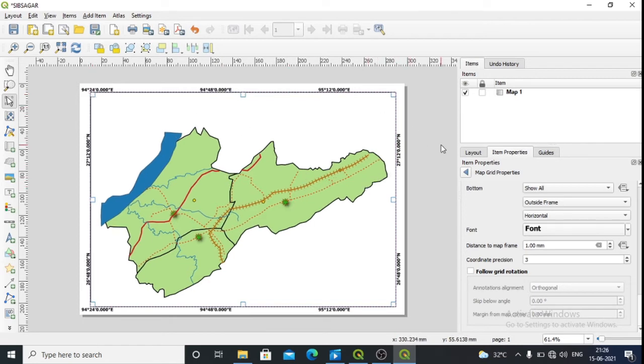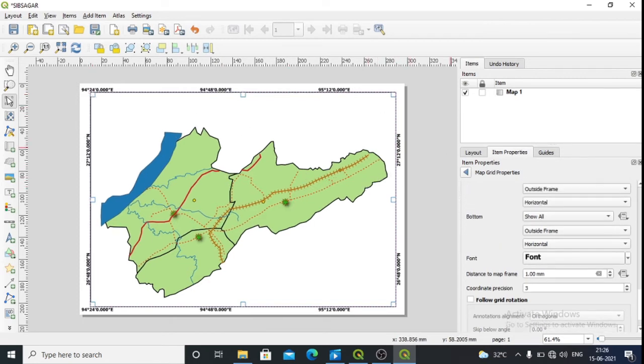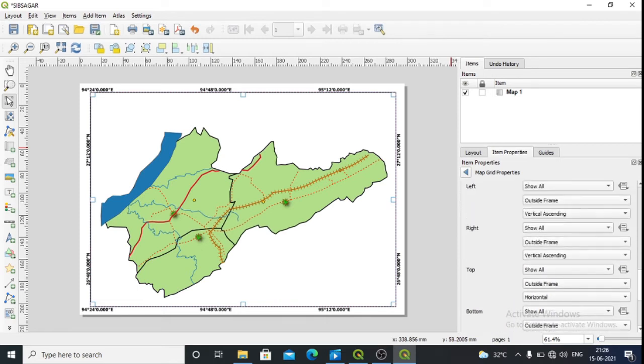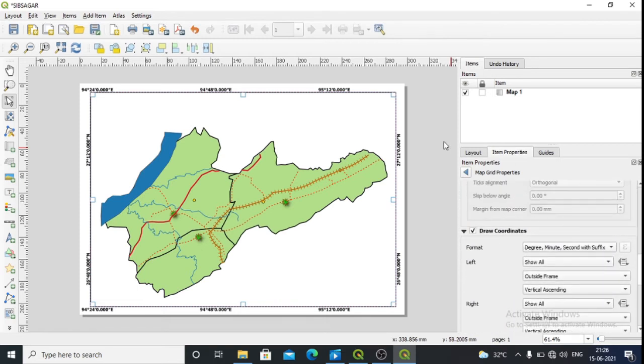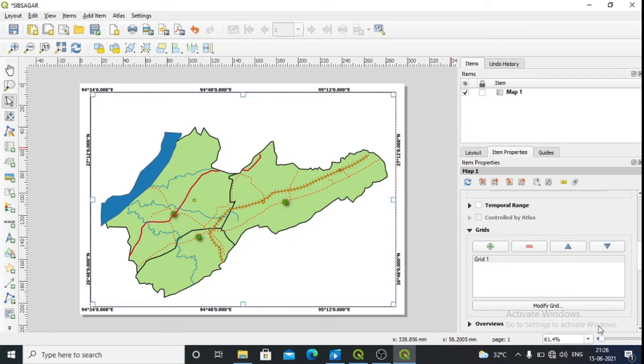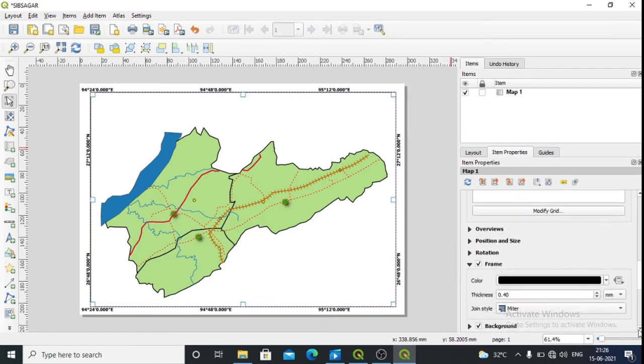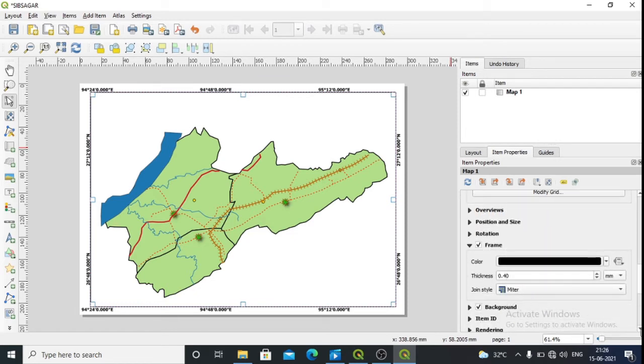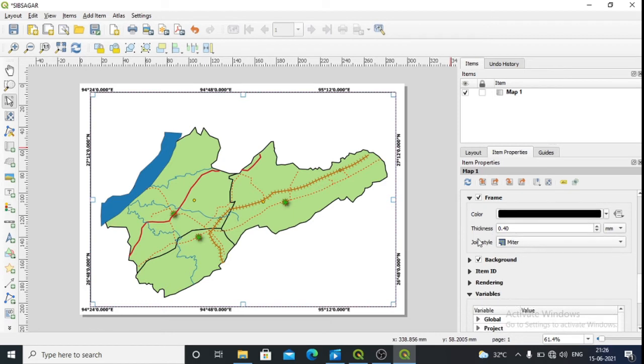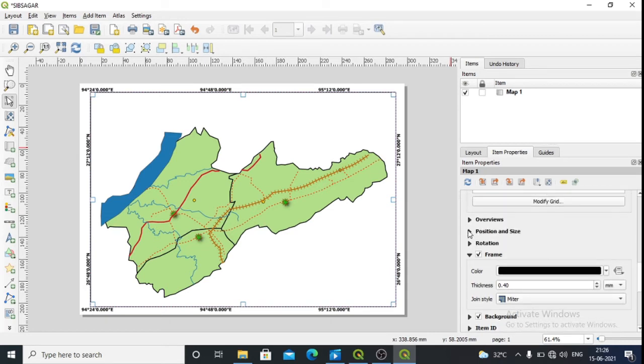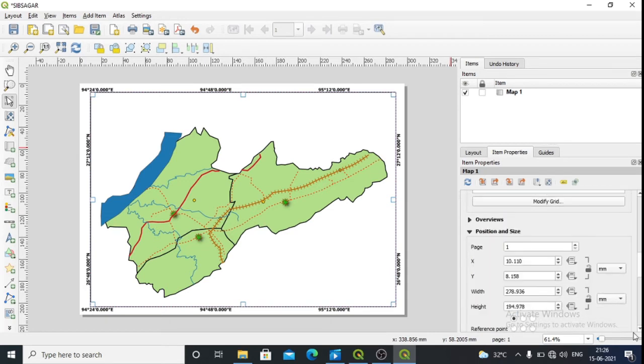Okay, it's done. Now, latitude and longitude decided, I need to add this one also. Go to frame, then position and size.